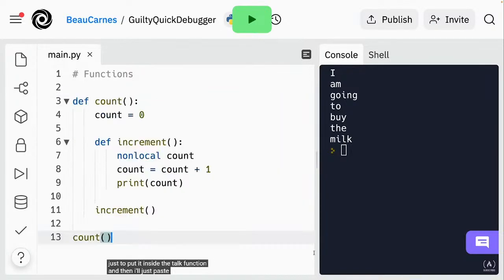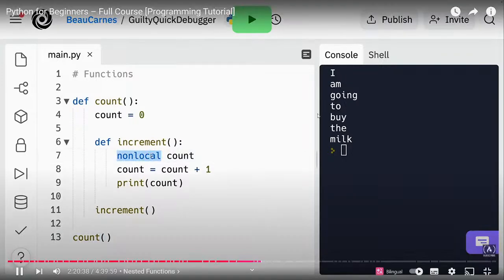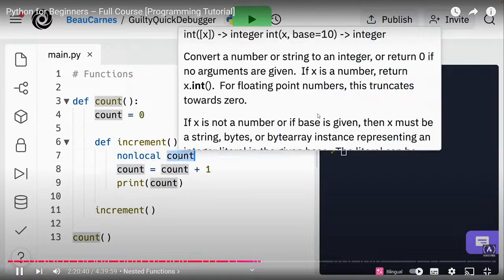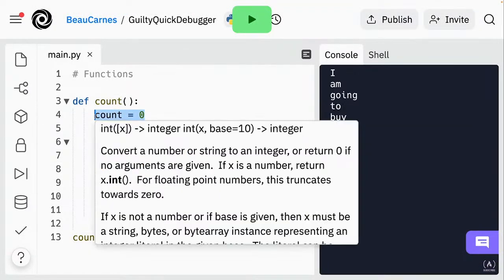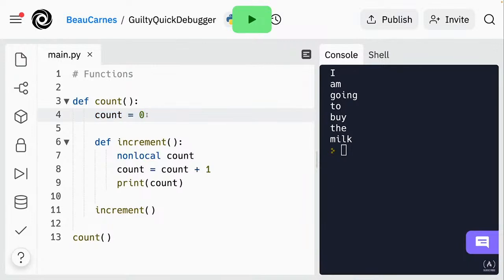And then I'll just paste in another example here. If you want to access a variable defined in the outer function from the inner function, you first need to declare it as non-local. So we're using non-local here, nonlocal count, and this allows us to access this variable that was declared inside the outer function. So this is the outer function, and we have this variable called count, and to be able to access that variable in the inner